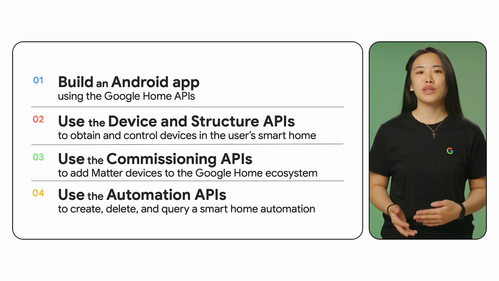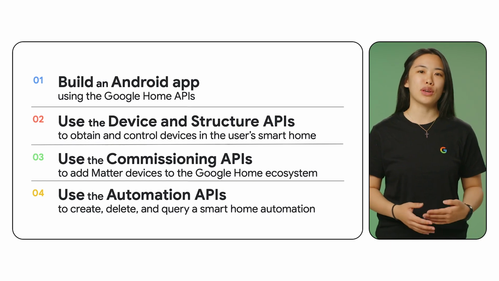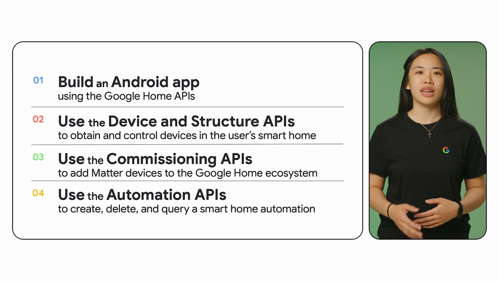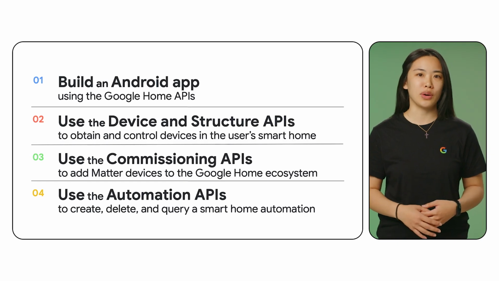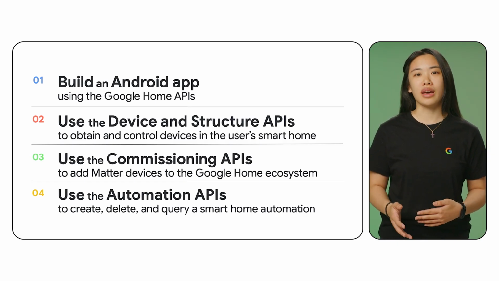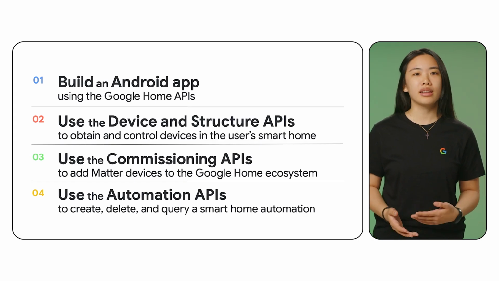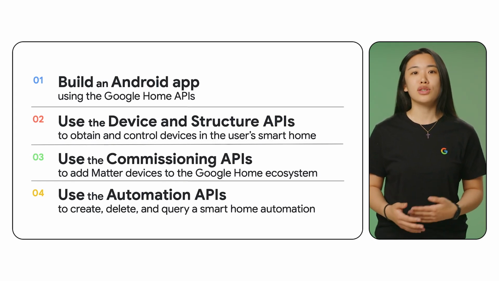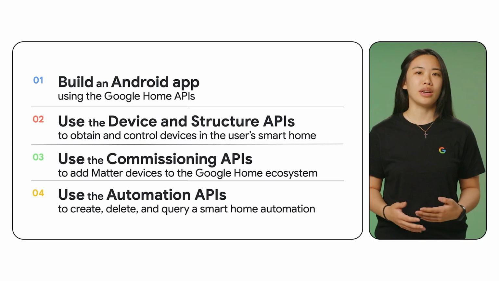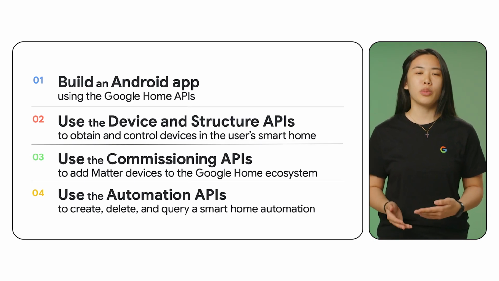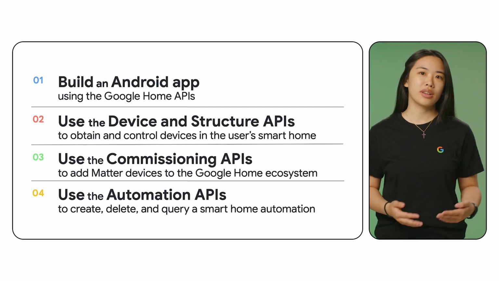Through these videos, you'll learn how to build an Android app using the Google Home APIs, how to use the Device and Structure APIs to obtain and control devices in the user's smart home, how to use the Commissioning APIs to add Matter devices to the Google Home ecosystem, and finally, how to use the Automation APIs to create, delete, and query a smart home automation. In this video, we'll be covering the first 3 points, and automations will be covered more in depth in a